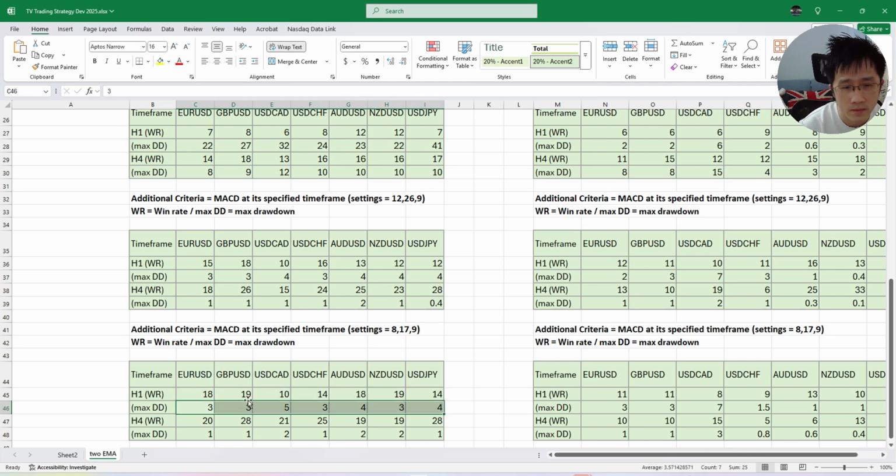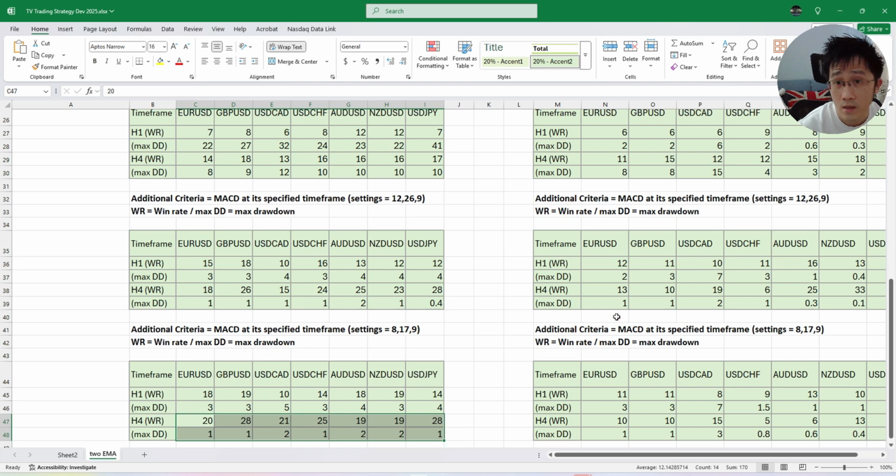It roughly stays the same, around 3%, 4%. And likewise for this, the win rate and the drawdown are roughly the same, even if I modify the